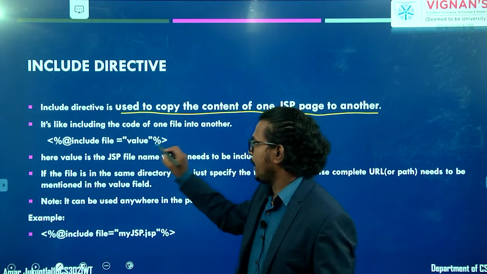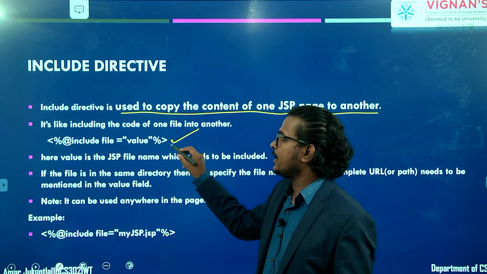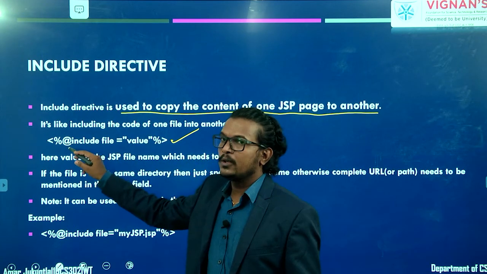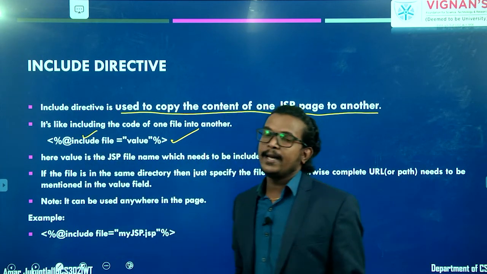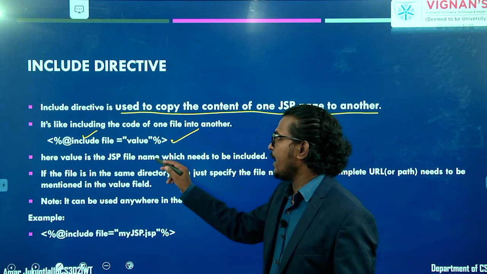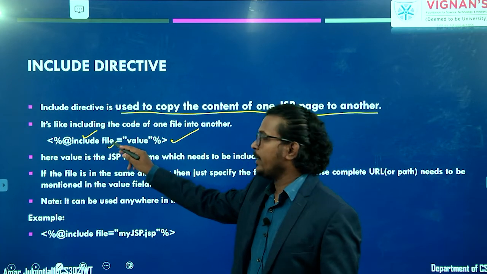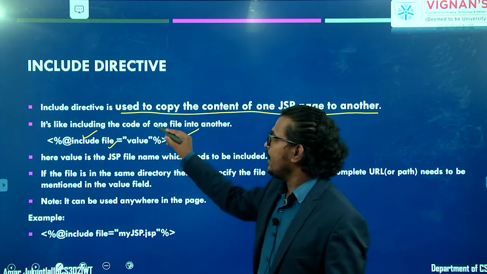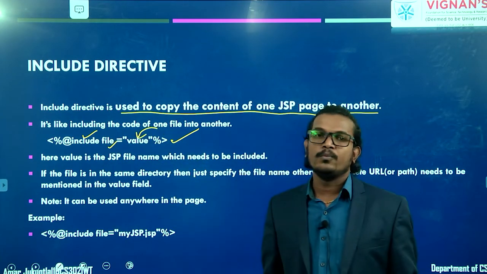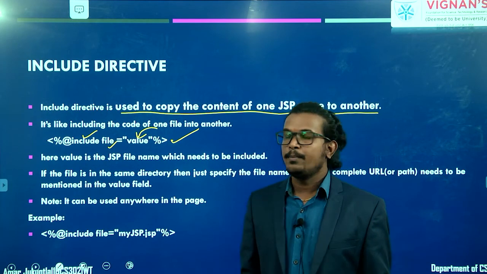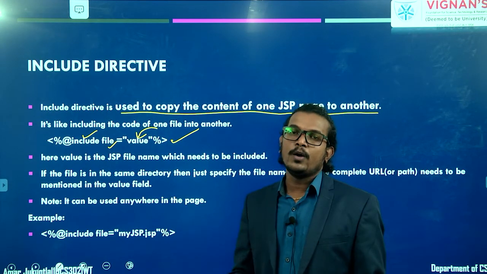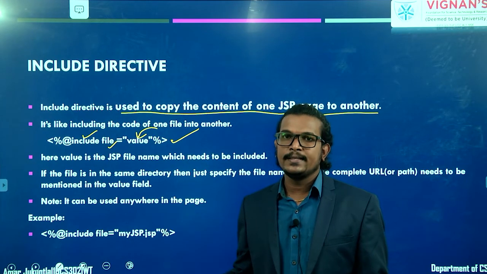Directly you can write this particular tag. So what is this tag? This is an include directive tag. Here you have the attribute name, and my attribute name is file, and here you have to pass that particular file name, like one.css or one.js,